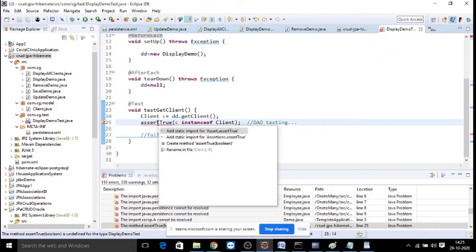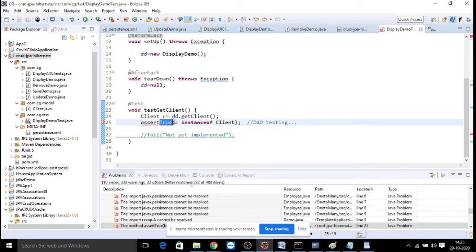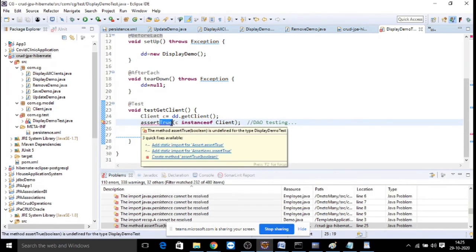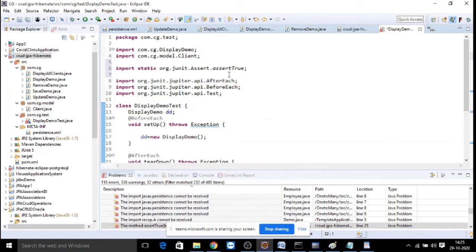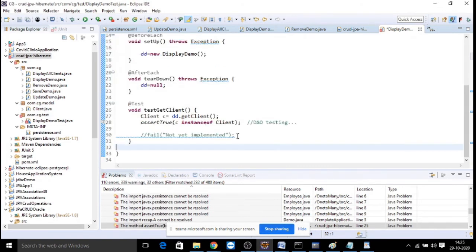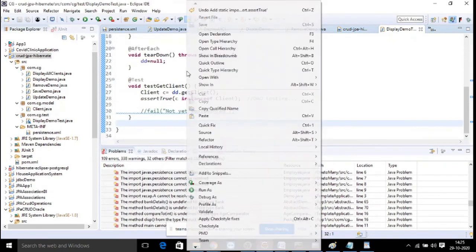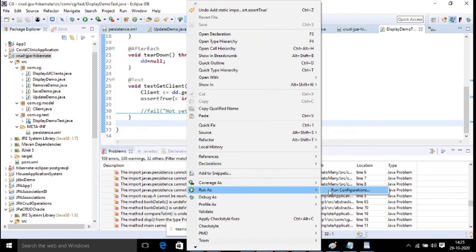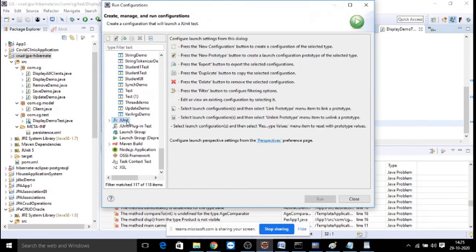And assert true is inserted. Assert true, you can check like this. Clear guys? Now right click, run as, run configurations, JUnit.